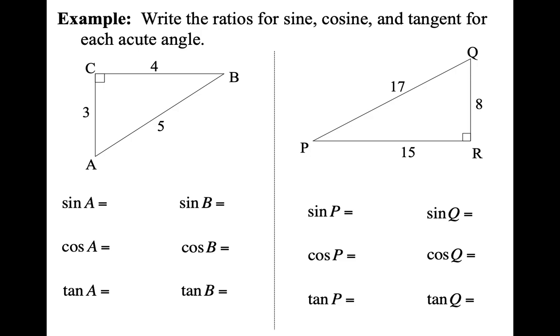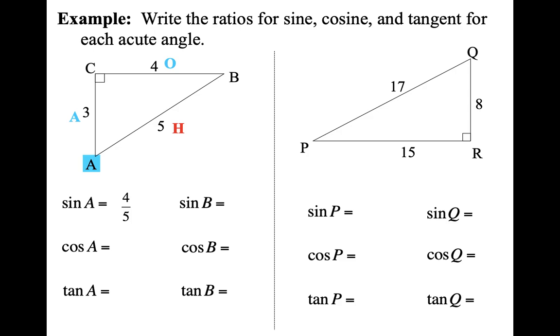For the first two, if you're looking at the first triangle, ABC, in the first column our focus angle is A. So sine of angle A. We're thinking of sine as opposite over hypotenuse. From angle A, I want to identify the opposite. So here's angle A, so our opposite is 4. Our adjacent is 3, and the hypotenuse is always across from the 90-degree angle, which is 5. So for sine, we want opposite over hypotenuse, O over H. So we have 4 over 5.